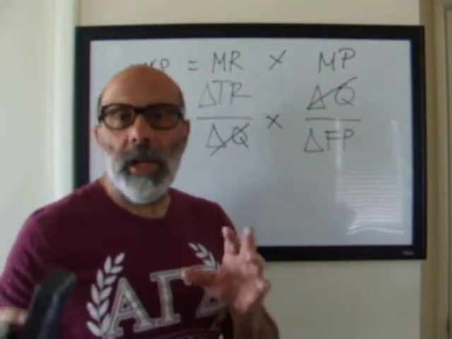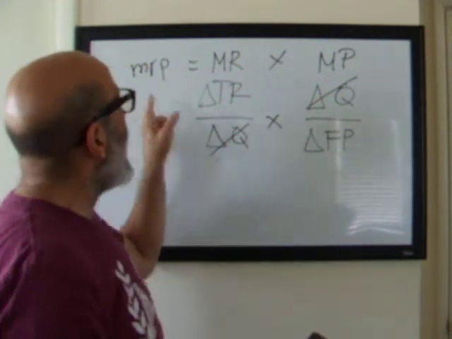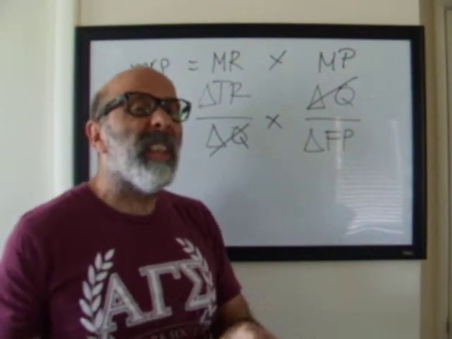It's an important idea. We use it a lot in Chapter 10. We use it a lot in Chapter 11. Remember, it's the added revenue from the added output, but it goes to a particular factor of